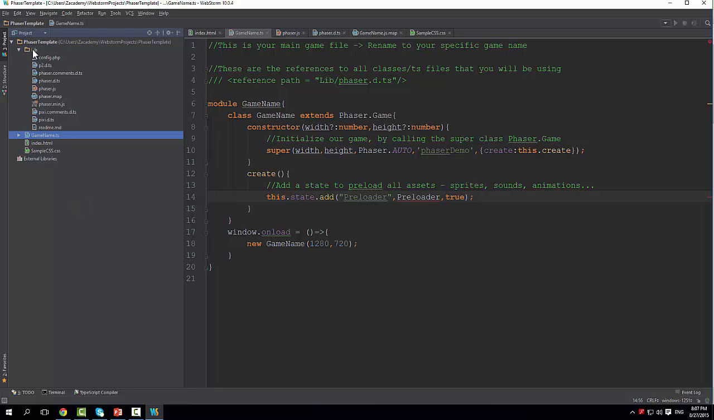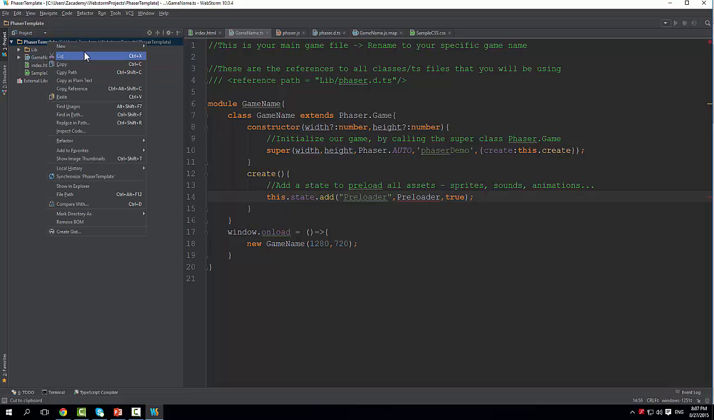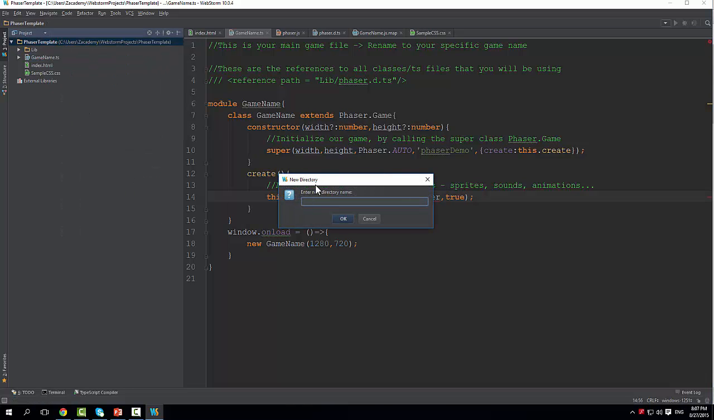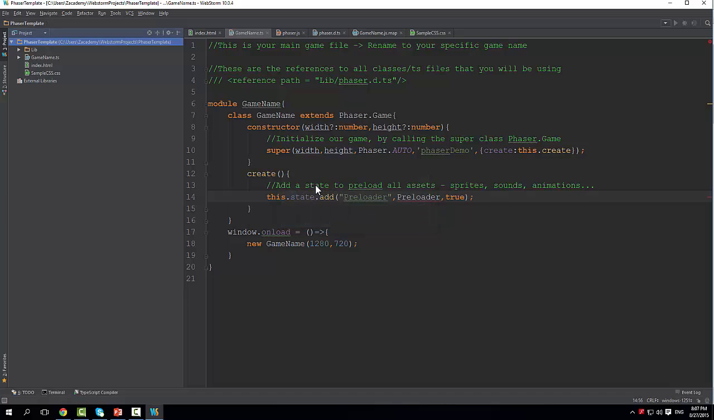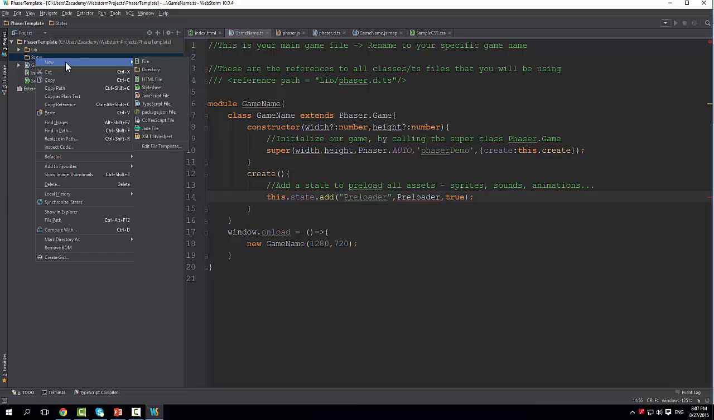So we have to create our preloader class. So I would like to have a new directory which is going to be called states, and in here we are going to add all of the states for our game. So like preloader, boot, game, paused, game over, you know, whatever states you have. So new TypeScript file,